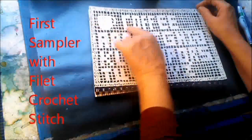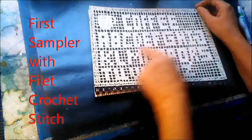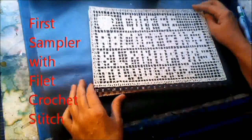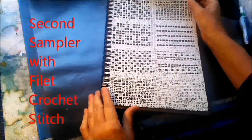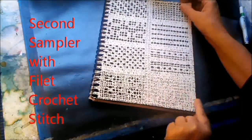This one is, here's a coffee cup, and it says coffee. That's all it says, C-O-F-F-E-E, and then I did the alphabet below here. This is a sampler. And then I just bordered it with double crochets. So that was fun. And then on my next page, I thought, well, I'm going to do a sampler and see how many stitches that I can draw. And here I did sort of like a basket